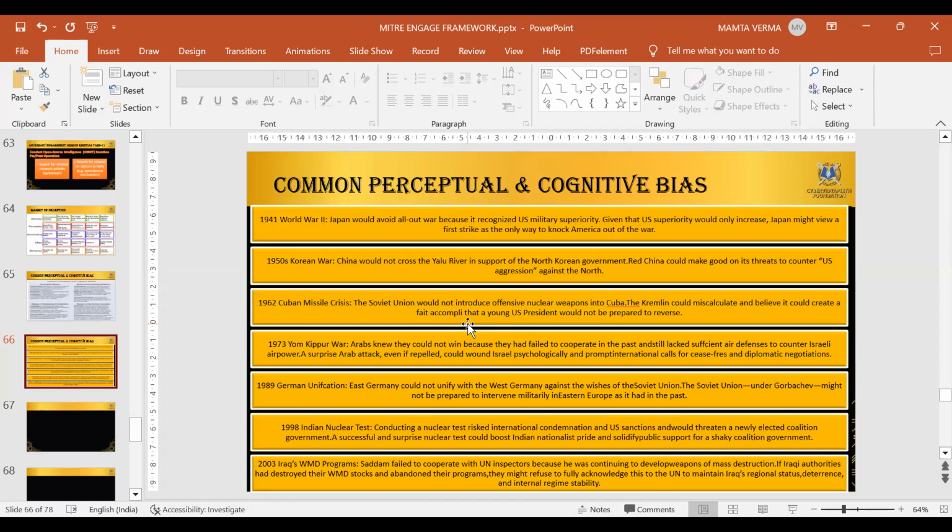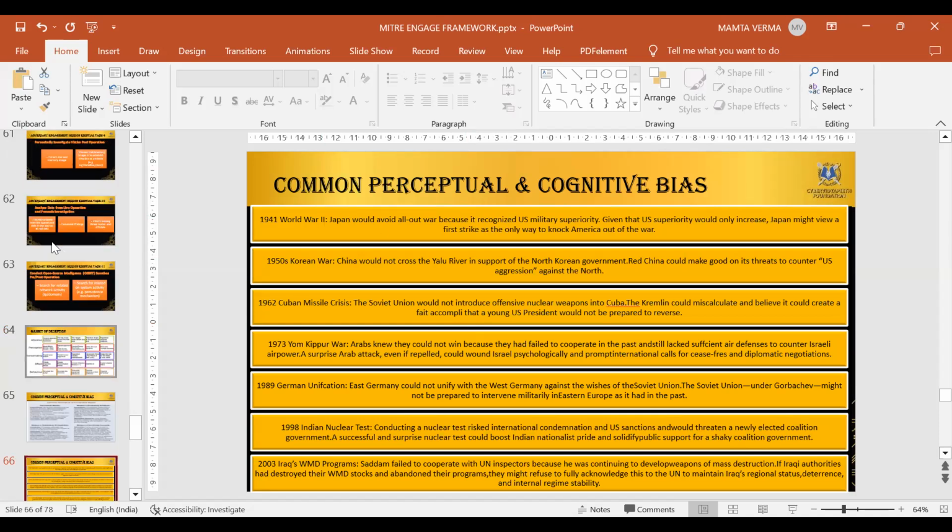If you can create such cognitive and common perceptual bias in the mind of the adversary, trust me, you will be able to manipulate the mind of the adversary the way you want. Even though it is a piece of code, you will be able to manipulate that code and make them vomit every piece of information they have inside their organization.